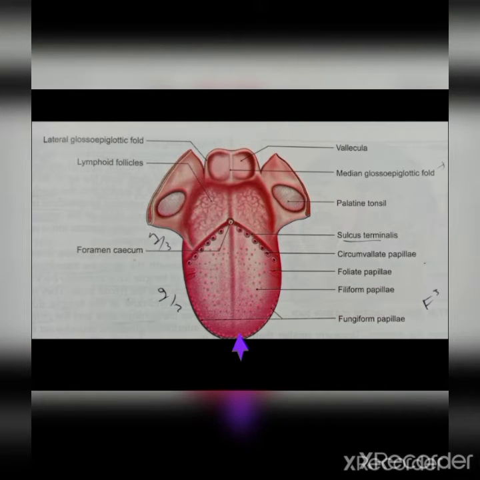The dorsal surface contains two parts: one is the pharyngeal part and the other one is the oral part. This is the oral part, which is the anterior two-third, and the posterior one-third is the pharyngeal part, which is divided by a sulcus terminalis. This is the sulcus terminalis over here, which is V-shaped, and the limbs meet at a point that's known as the foramen